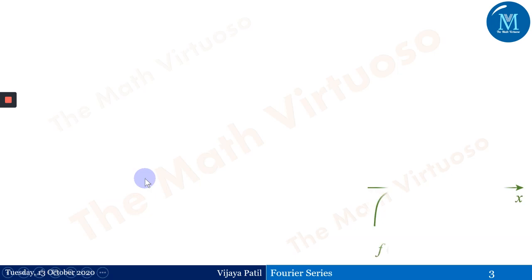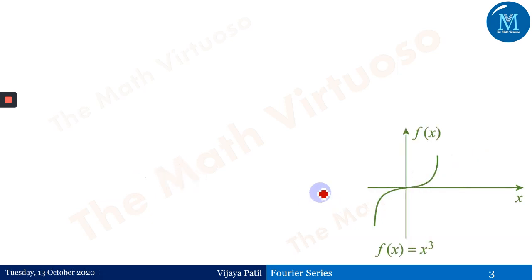So if I'm going to consider this as an odd function, where I have got the curve something like this, the function is x cube. f of x is equal to x cube, or otherwise I could say that y is equal to x cube. This is my f of x axis, or I could say this is the y axis, what we are saying always. Okay, let me consider one value of x over here.